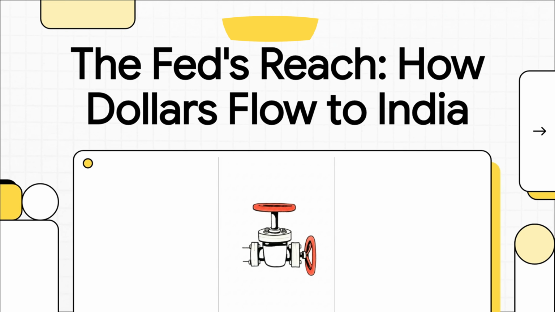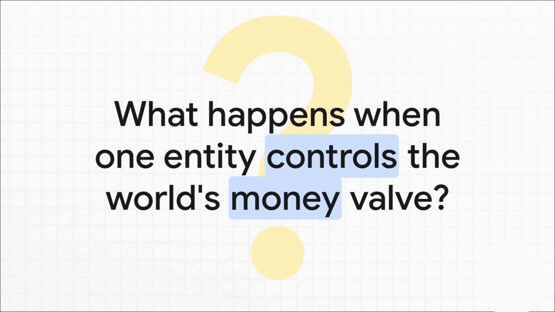In this explainer, we're going to pull back the curtain on that surprising link between the U.S. central bank, the Fed, and how money flows into economies all over the world, like India. Okay, to really wrap your head around this, I want you to imagine something. Picture the entire global economy running on water that comes from one single massive plumbing system. Now, what happens when just one entity gets to control the main valve, deciding how much water flows, where it